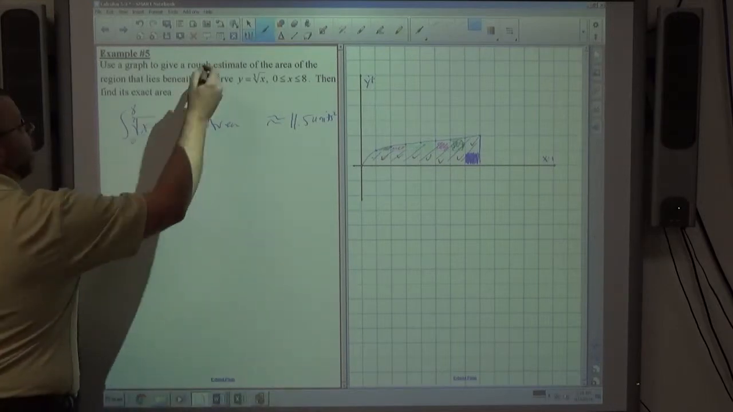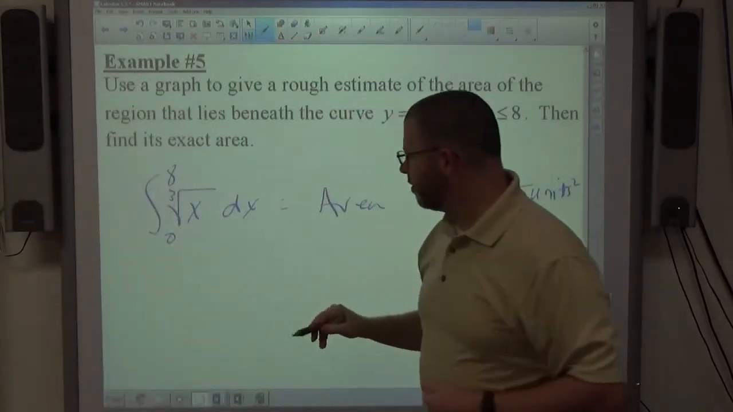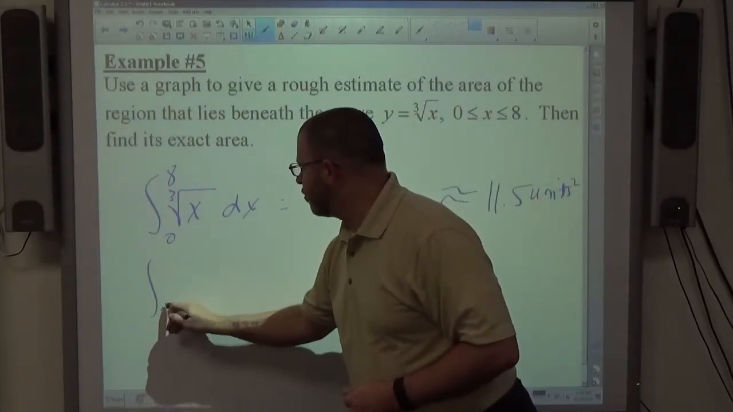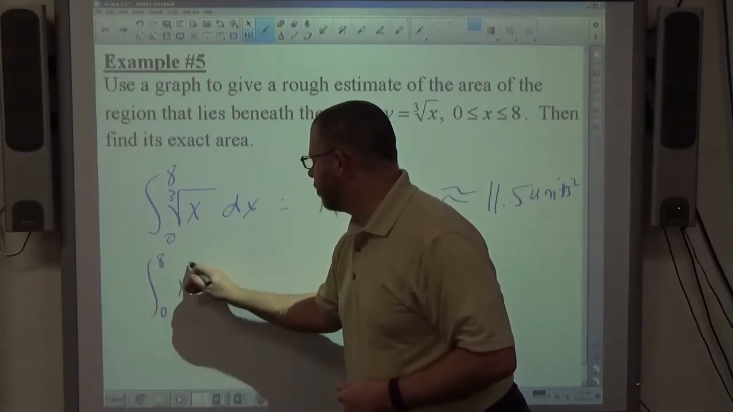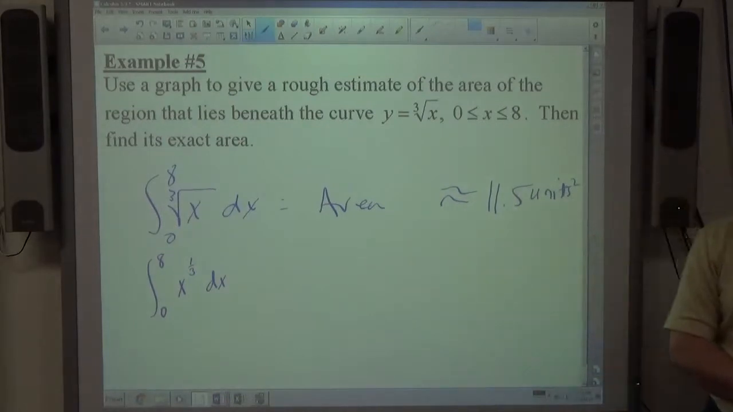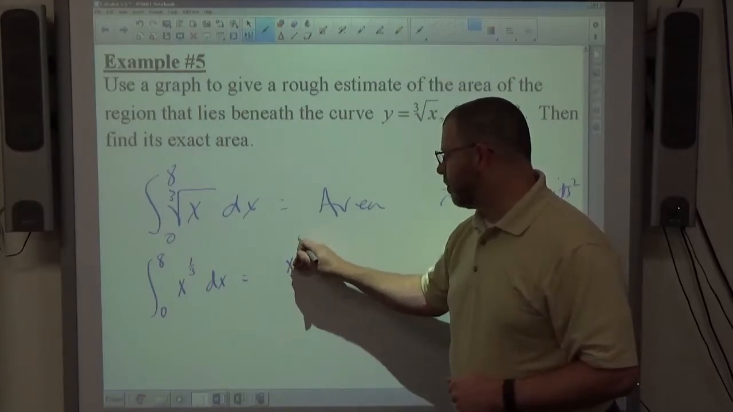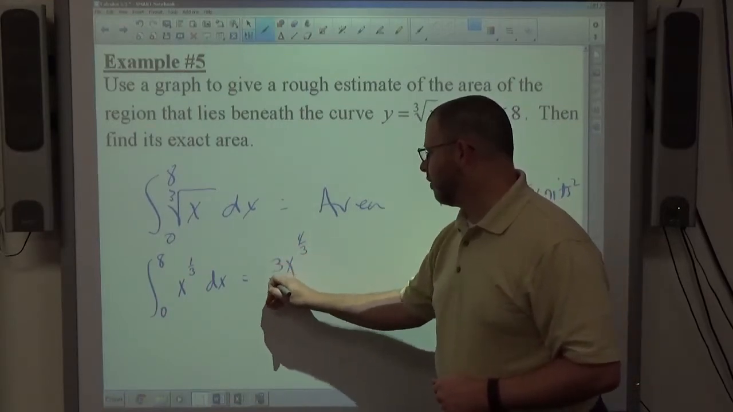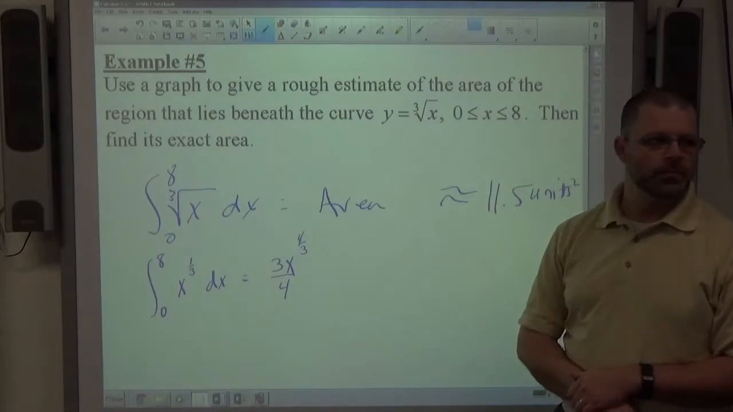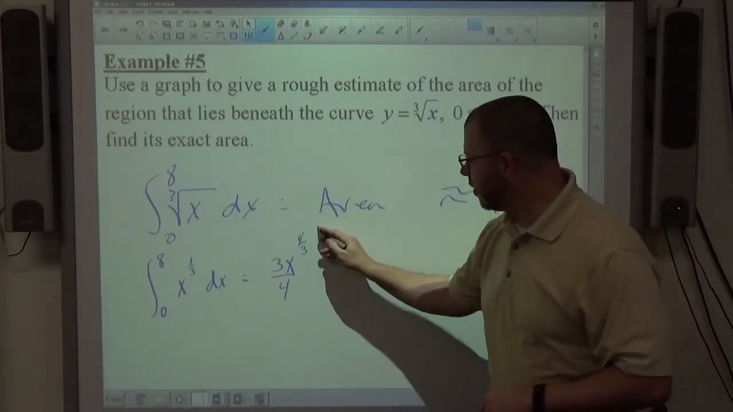So if I'm doing now this problem here, just the antiderivative, first thing I would want to do is create a structure that's easier to use, which is x to the 1/3 power, like so. And the antiderivative of x to the 1/3 power is going to be x to the 4/3 power divided by 4/3, which is the same as times 3/4. We're supposed to be going from 0 to 8,